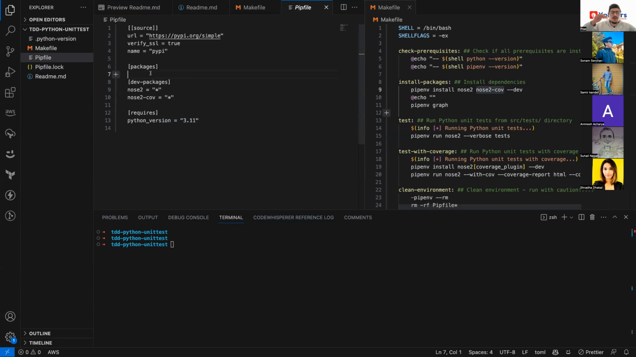So if I've installed anything as a package, it'll be listed here. And those are the packages that you want in production, right? So these are development ones. And then what I can do is,